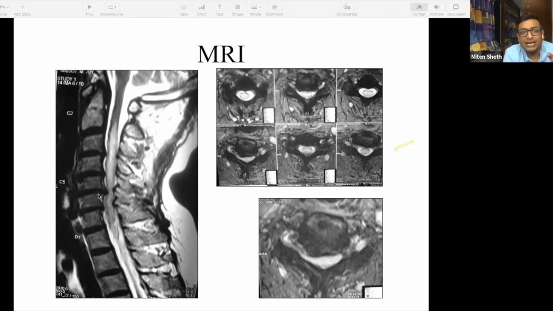If I want to see in more detail what is happening over here, where I have a doubt whether there is really a cord compression or no cord compression, you see the axial image at that same level. So on the axial image, you see the front, back and sides, and you see the cord. If you see a circular structure with CSF all around, there is no compression, but you see here there is obliteration of CSF, so there is cord compression. Which means what you have to identify is to see the two lateral recesses and cord compression only. If there is cord compression, don't touch the patient, be aware. If there is no cord compression, don't be afraid. So this is what you need to pick up on a neck MRI.